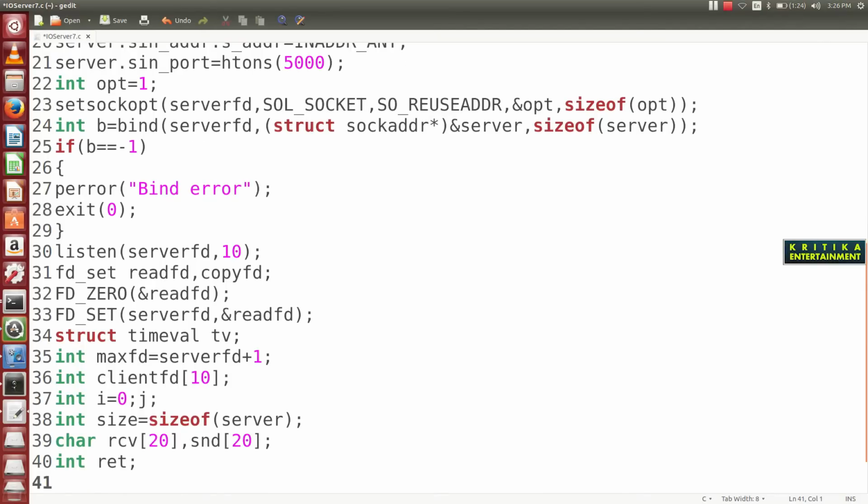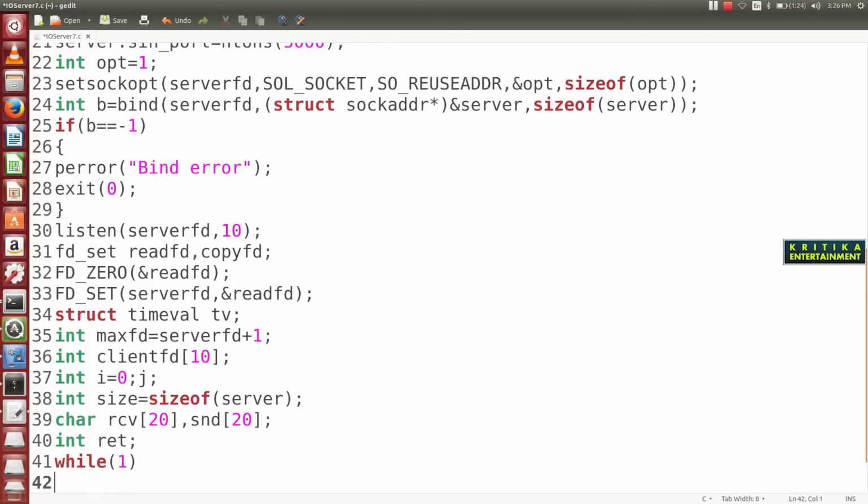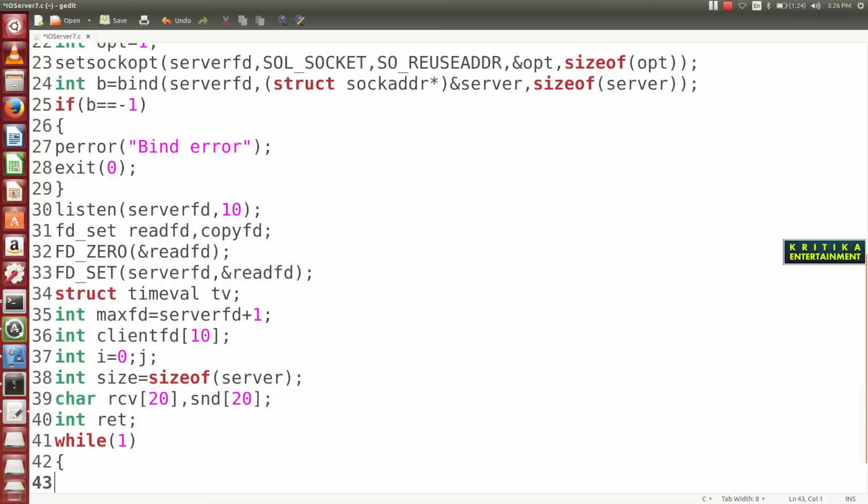Now while (1). Then you will write copy fd is equal to read fd.